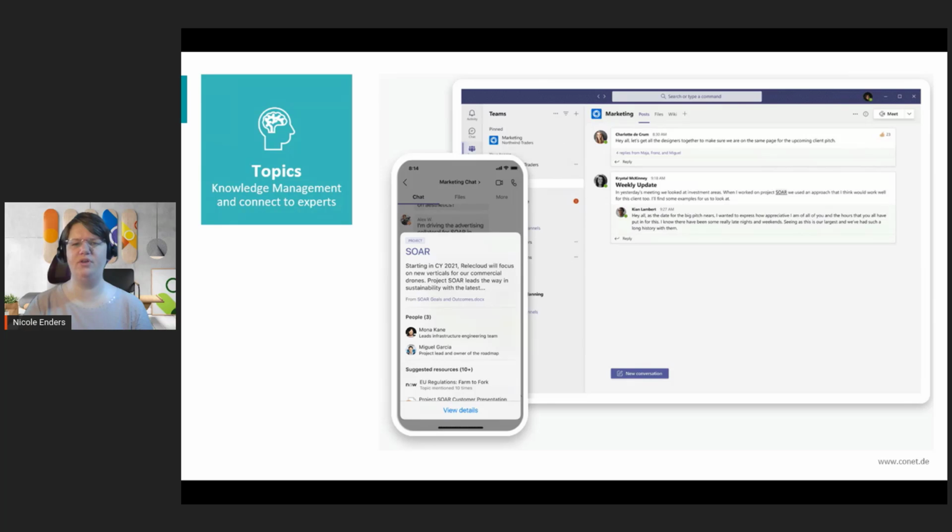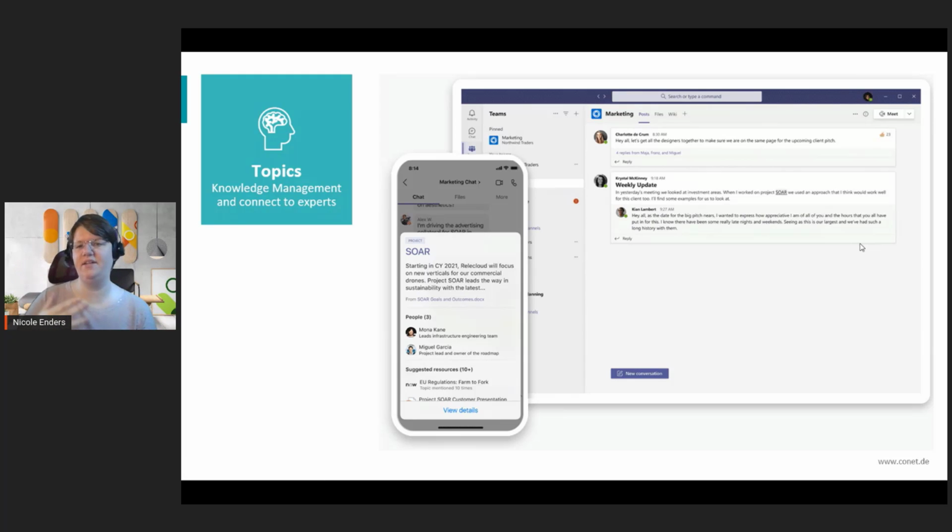And if you have a closer look, then you see that the topic SOAR is mentioned there. It's in the first sentence, and it's marked as a link. So if you hover over it, then you see that that's the topic, and if you would click on this, you will get the so-called topic card.